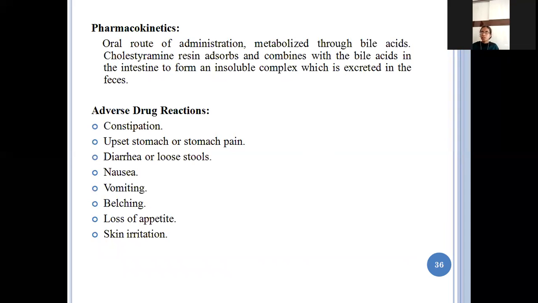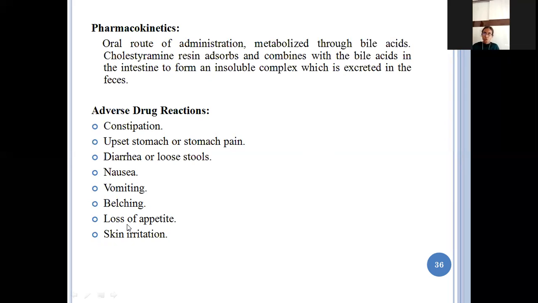And this cholestyramine resin absorbs and combines with the bile acid in the intestine to form a non-soluble complex which is excreted in feces. Adverse drug reactions are constipation, stomach upset or stomach pain, diarrhea, nausea, vomiting,